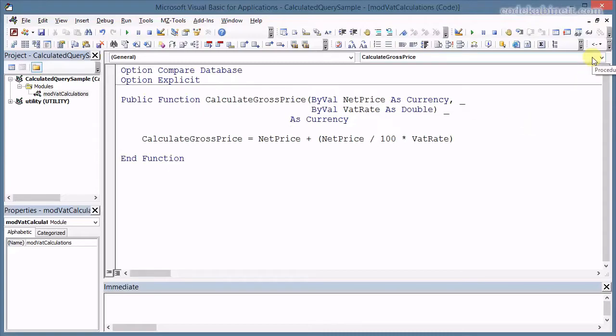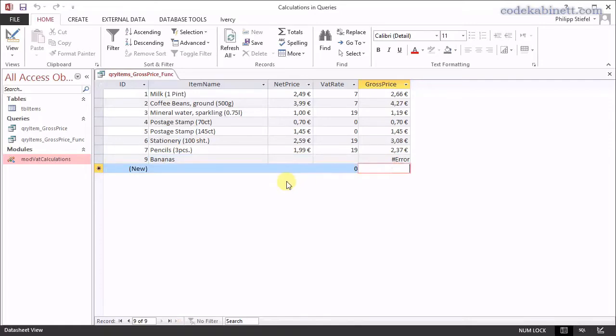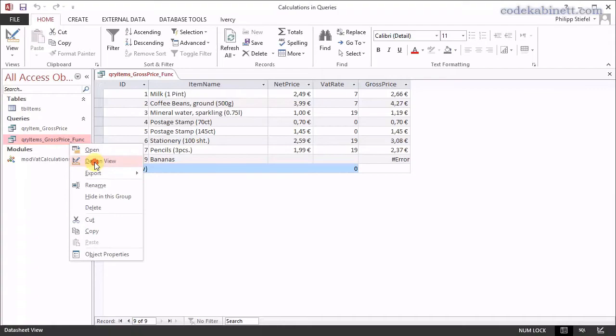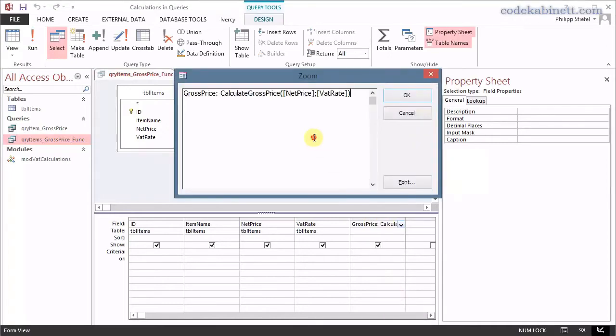And that is a very, very frequent problem in such type of calculations, and you will probably not want to show the error to your user. There are two options you can use to deal with null values in your query. You can wrap another function around your columns, and there is one that you should absolutely know. It's the nz function,